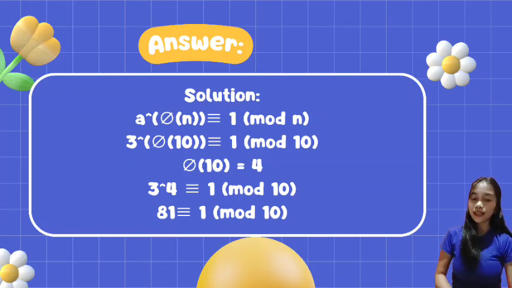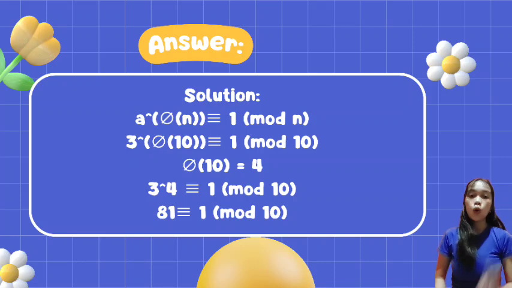To solve this example, let us first solve phi of n. What case are we going to use? Very good! Case number 2. Since 10 is a composite number and it has 2 prime factors, which are 2 and 5,